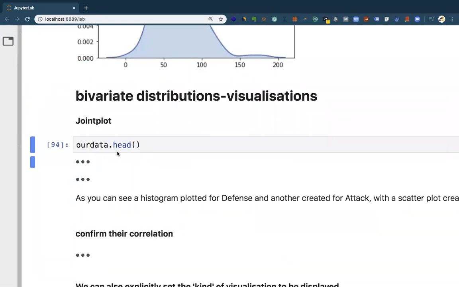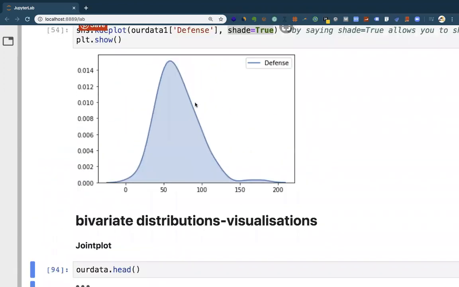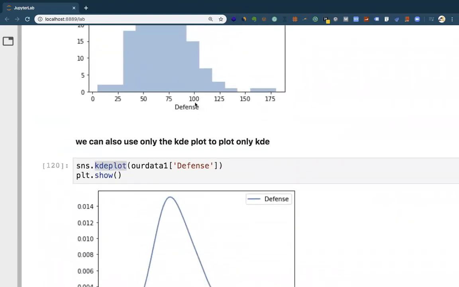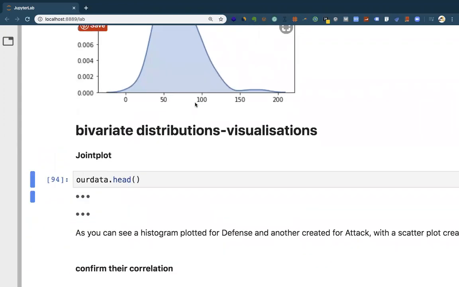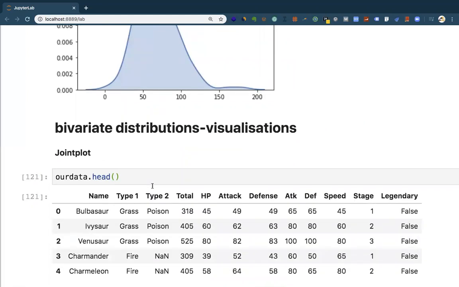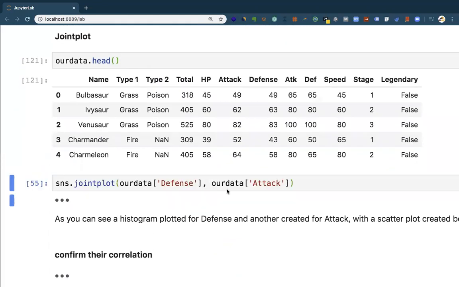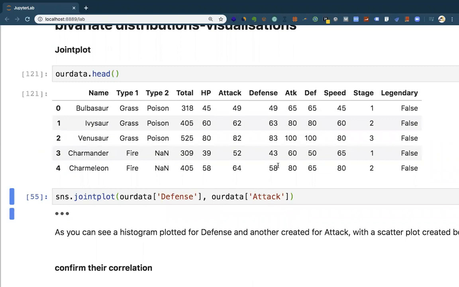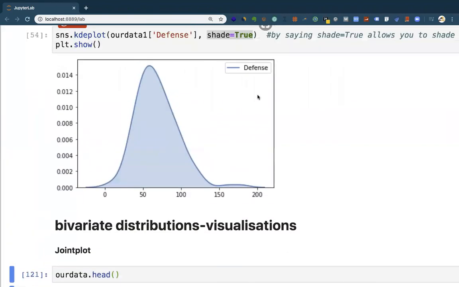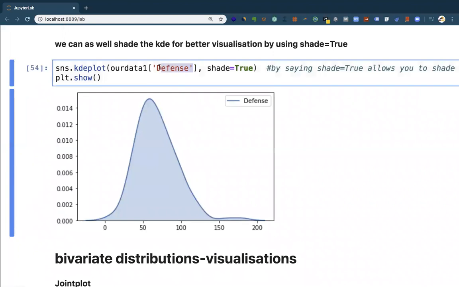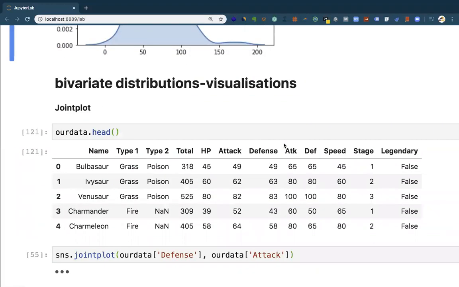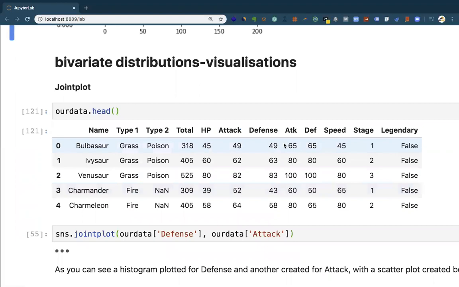We can also use joint plot. We've been visualizing only one variable here. Let's say we want to do it for two variables. We can use joint plot to do that. So we are going to do this for two columns here, defense and attack. Previously, we've been doing it for only defense. That's a bivariate distribution. We can also visualize two